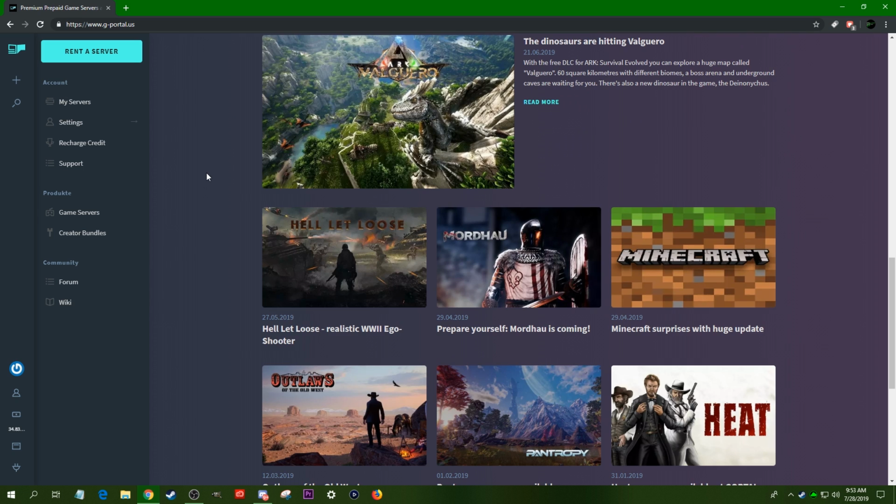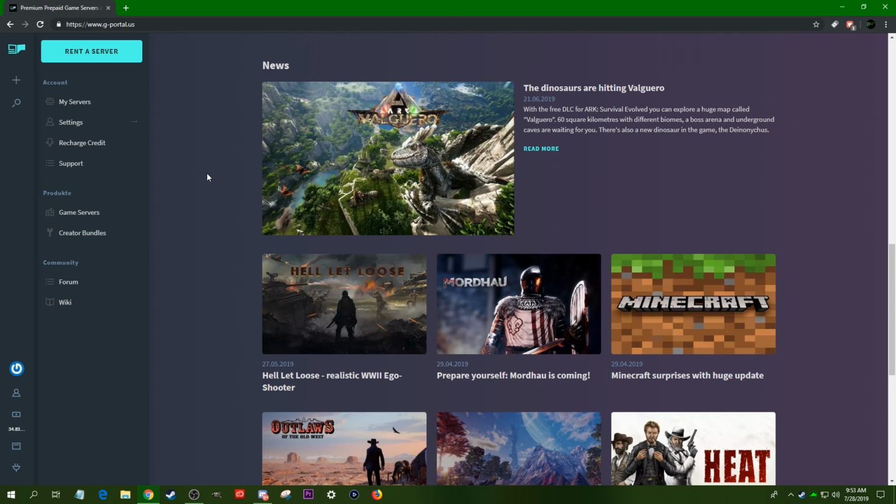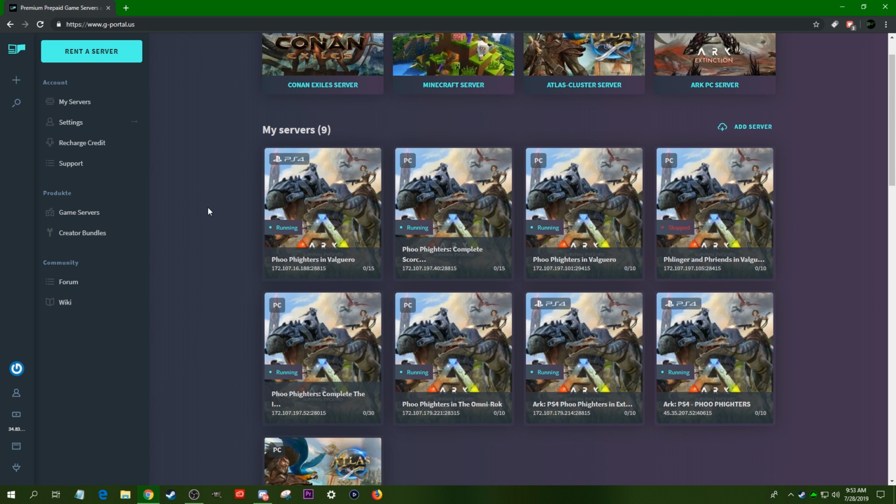As new games come out, they're always adding them, and they'll have big advertisement pages right on the front that show you exactly which servers are coming out. They're really good about having the servers ready the day the game comes out. It's really cool. But today we're going to be focused on an Arc server, and more specifically an Arc Aberration